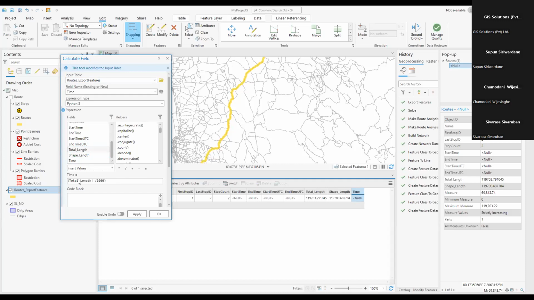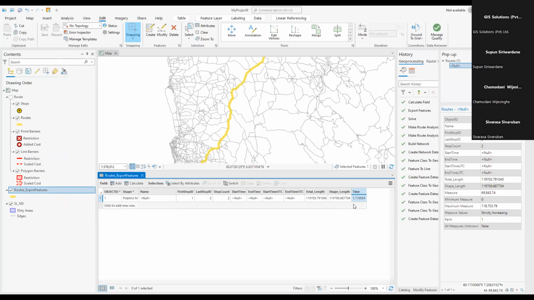I will keep it in brackets. And for the time being, I'm going to give 70 kilometers per hour for the speed. So the length divided by speed is time, right? So now I'm going to add the time here. When I apply OK, this is my